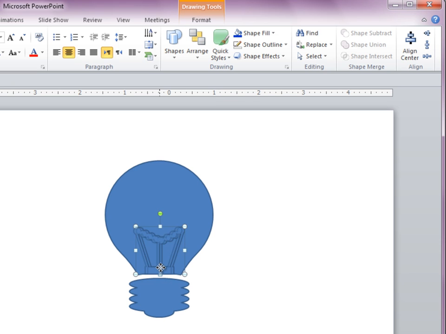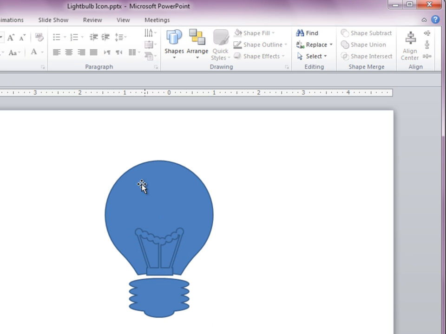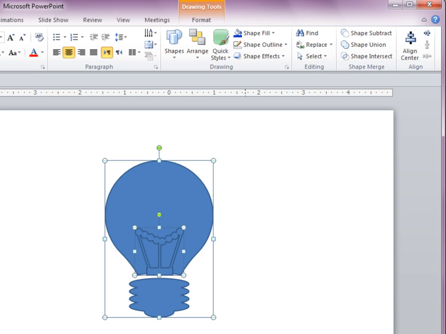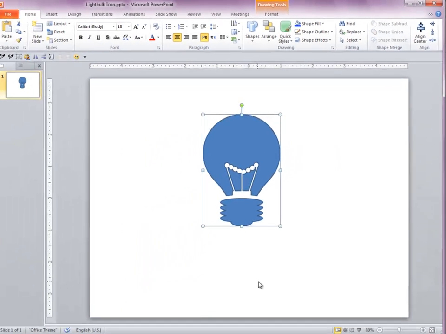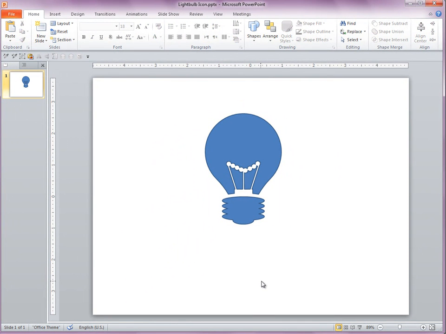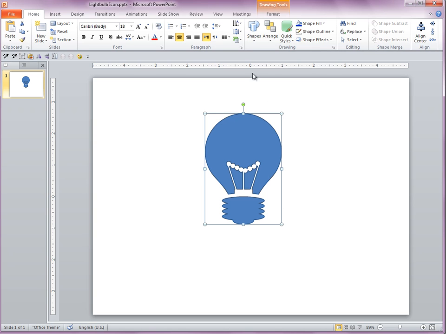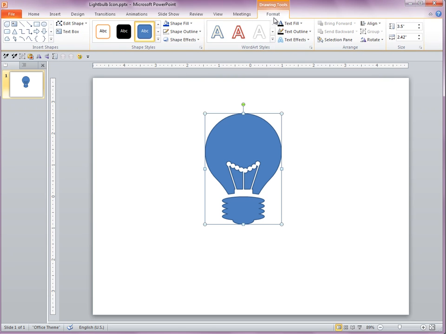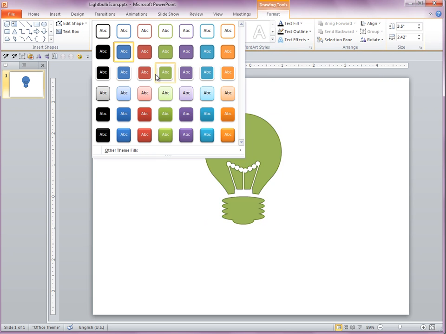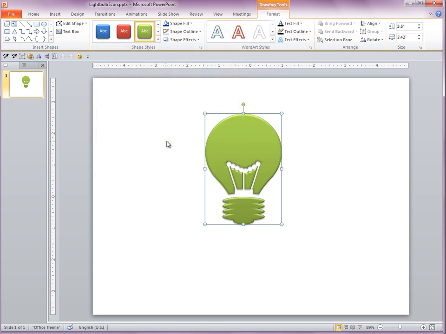move it around to make sure that it's centered with the bulb, and now simply choose first the bulb, then the wire, and hit Shape Subtract. And there you are. You have an icon of a light bulb. The benefit of having it unioned as one shape is that you can apply shape styles, for example, through formatting, and it will all be regarded as one shape, so you can get pretty cool